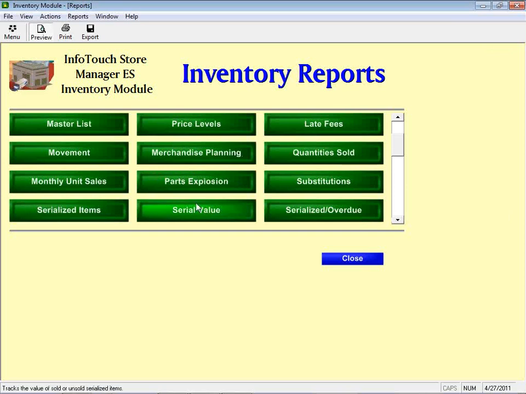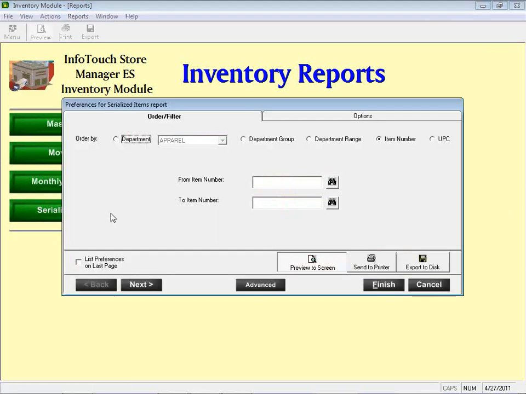The next special feature, and we've got 3 different reports for it, has to do with serialized inventory. And serialized inventory can be both sold and rented. So let's start with our basic